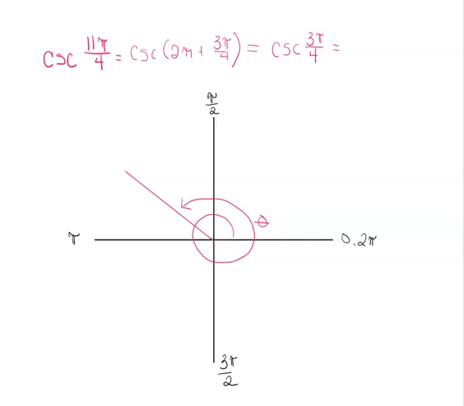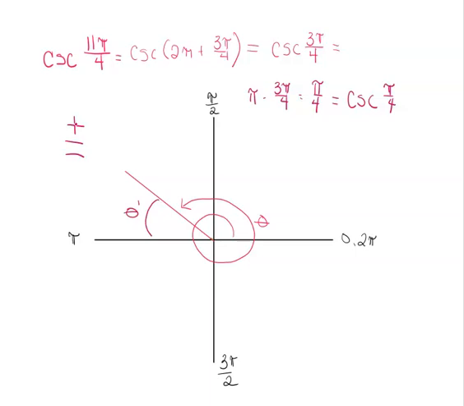But it's still not acute. So I'm going to have to find its reference angle. The reference angle is in the second quadrant right here, theta prime. So I'm going to say pi minus 3 pi over 4, which gives me 1 pi over 4, or just pi over 4. Cosecant is the reciprocal of sine, and in the second quadrant, sine is positive. Therefore, it's the same thing as taking the positive cosecant of pi over